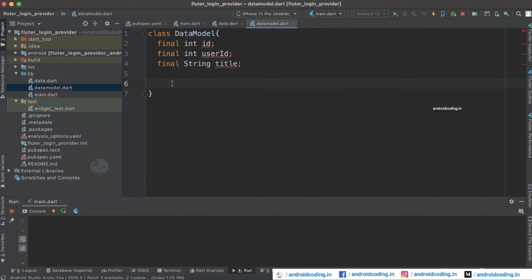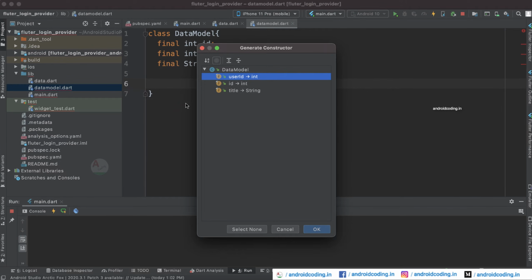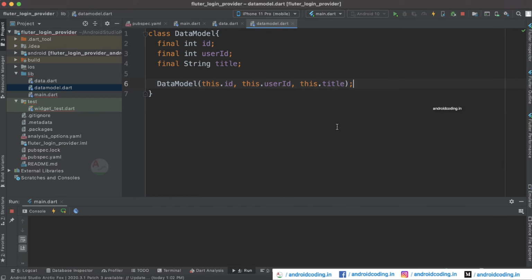And now let's generate a constructor here, select all of this, and tap on OK. This will create a constructor, and now we require these fields, so I am enclosing them within curly braces, and I will add the required keyword before it.